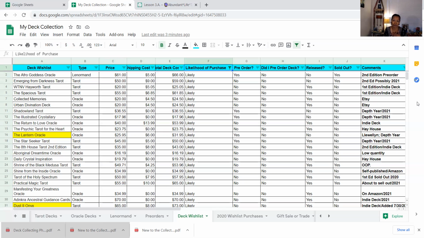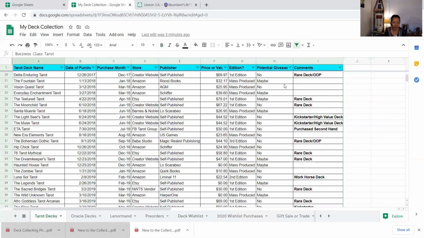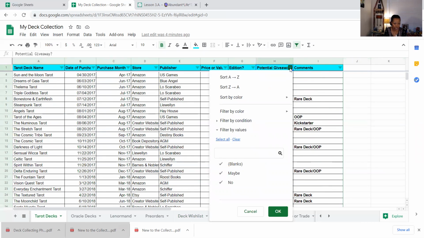It was eye-opening for me, but I'm so glad I was looking into this. My depth here kind of pushed me and thrust me to do that. And I thought it would be great to share my journey of how I'm going through all of this with you. And now I'm even at a phase where I think I have added a column on my tarot tab that says potential giveaway. The potential giveaway is one where I might either literally use a deck in a giveaway, or I might sell it, or I may gift it, like give it to someone, not just in a giveaway.